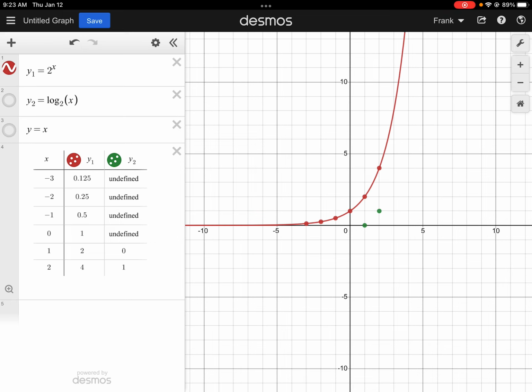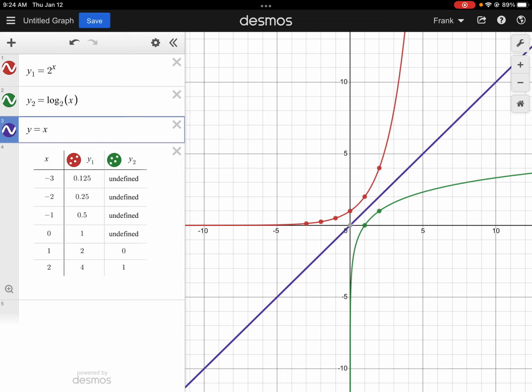So I have my table, and I only have 2 points. But I can go ahead and graph that on Desmos, luckily, using just 2 points. Now, we've already said that these two functions are inverses of each other. And inverse functions have graphs that are reflected over the line y equals x. So let's see that line y equals x on Desmos also. And you can clearly see that the graph in green, log base 2 of x, when reflected over y equals x,